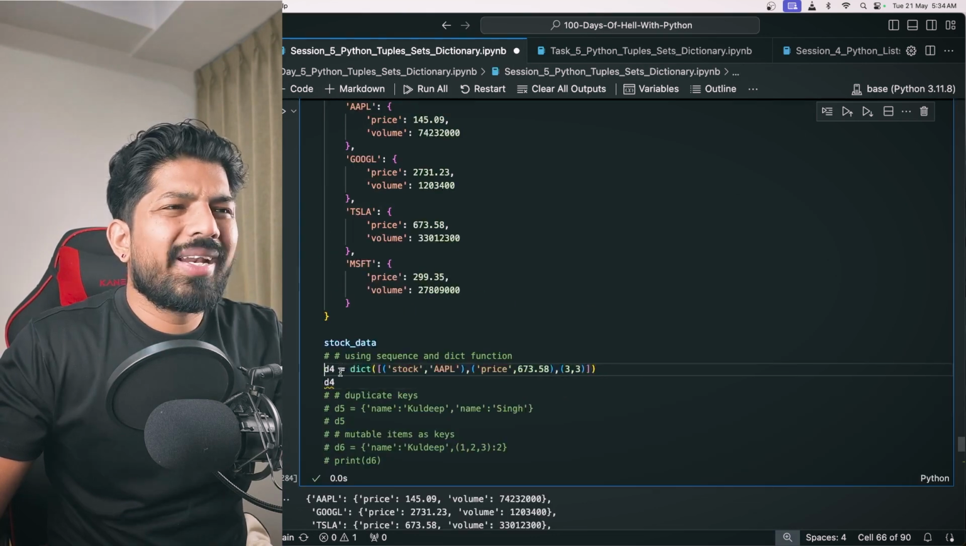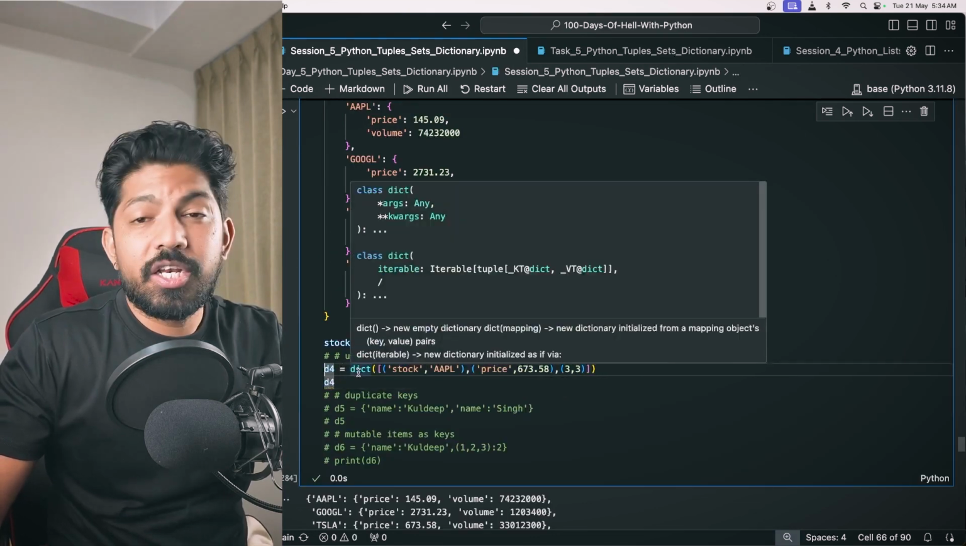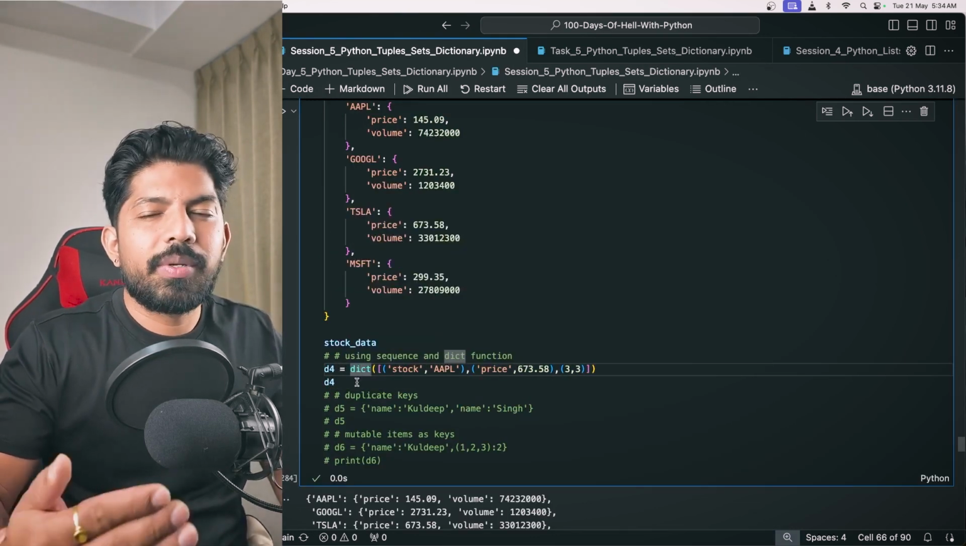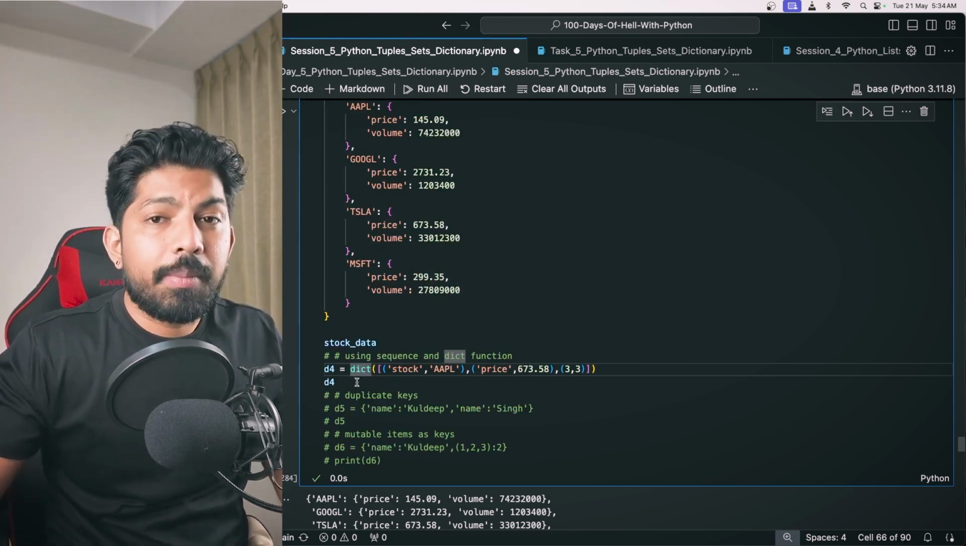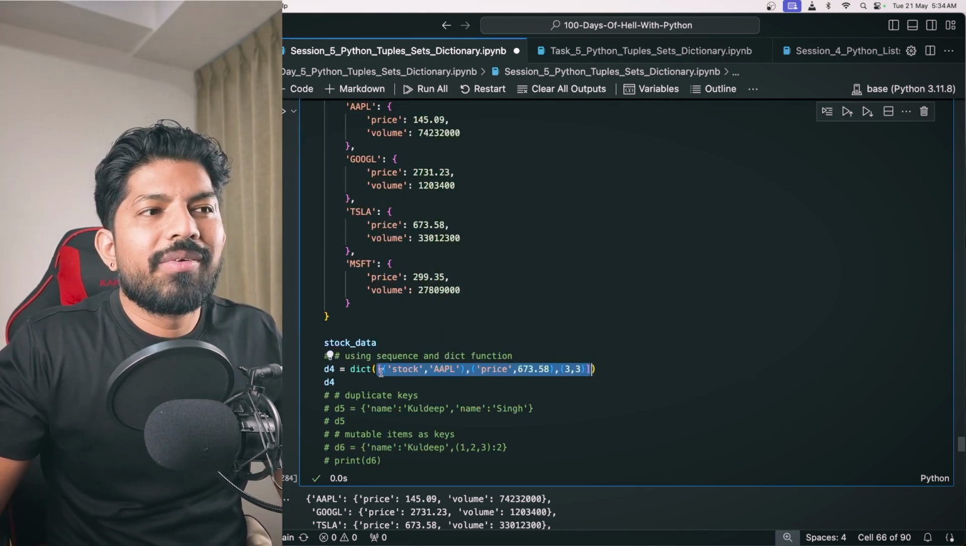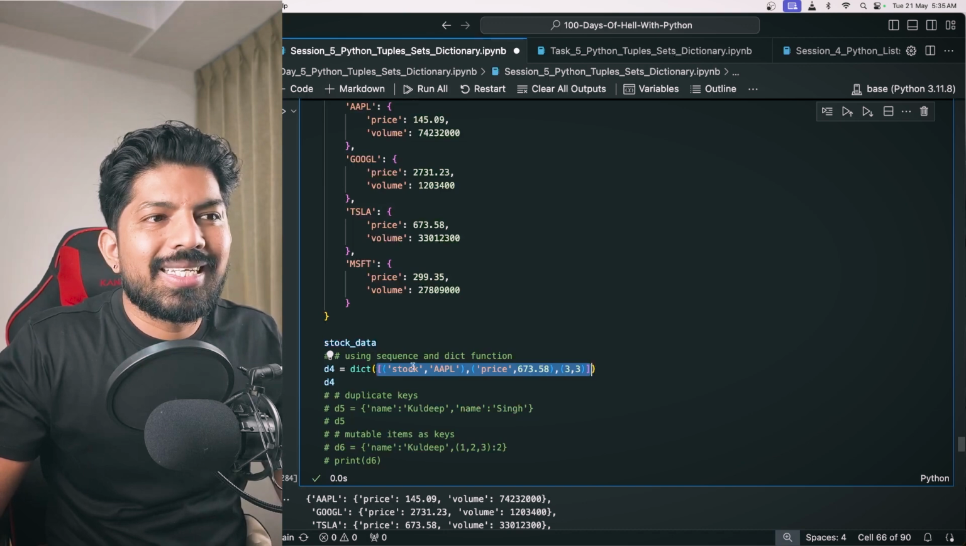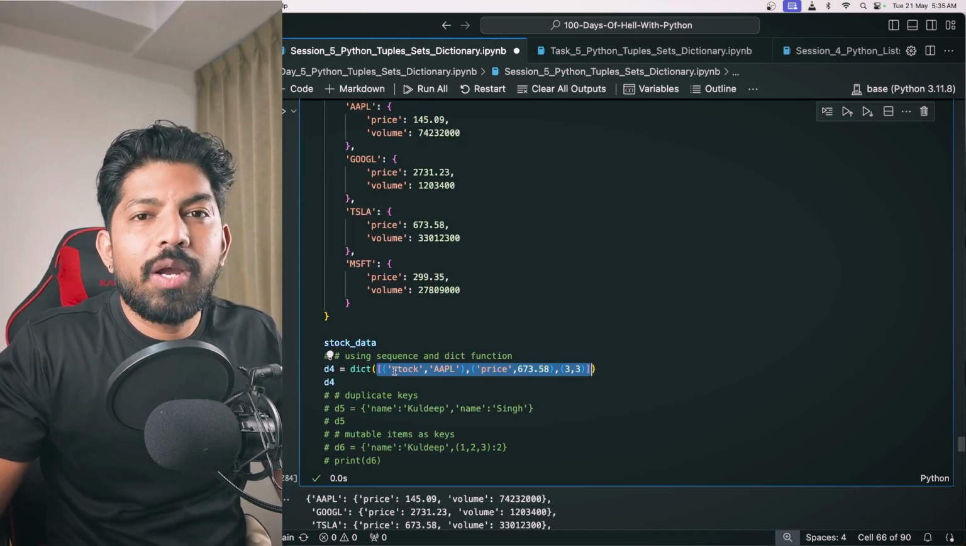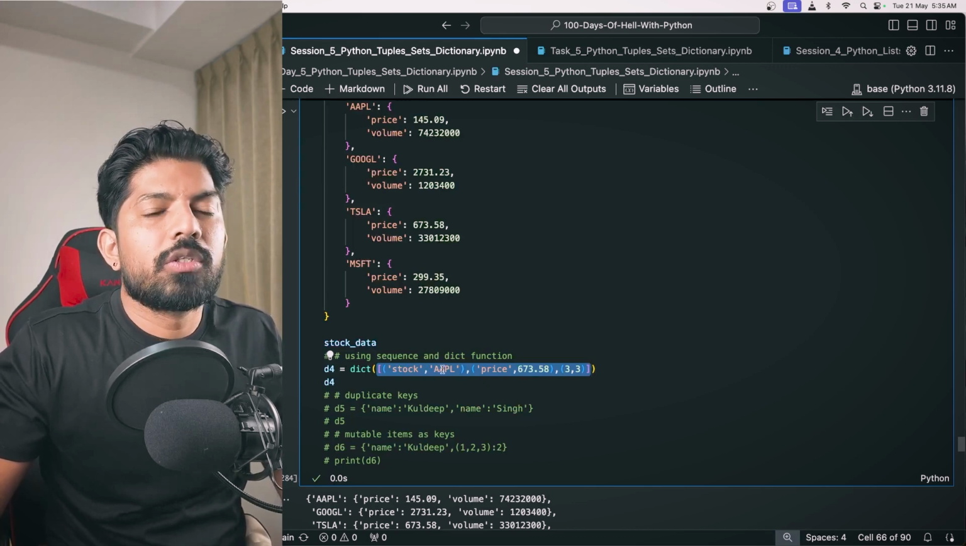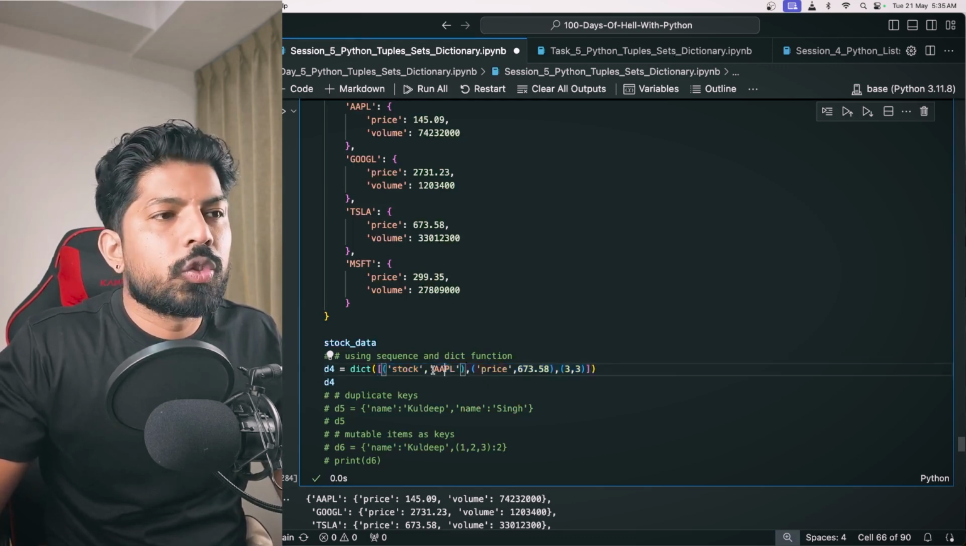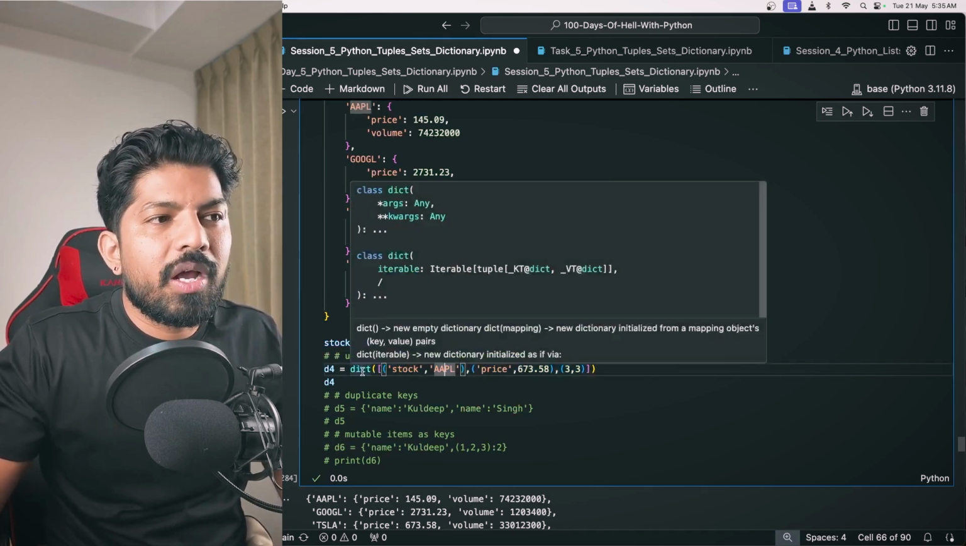Now we can also create a dictionary with the dict function, like we have seen previously with type conversion. So for example, we have a list of tuples. This outer one is a list. Inside we have 2 items as tuples, correct? And inside the tuple we have strings as items of the tuple. So if we want to convert this